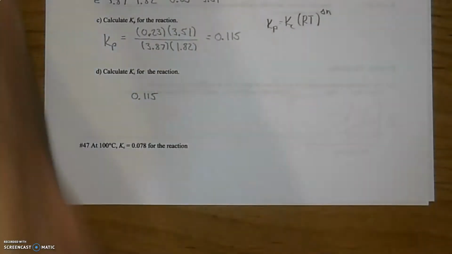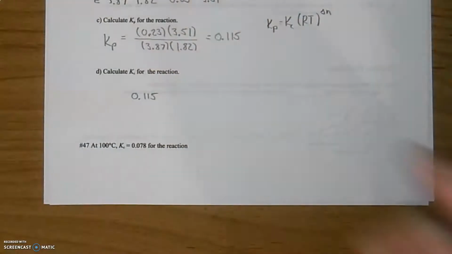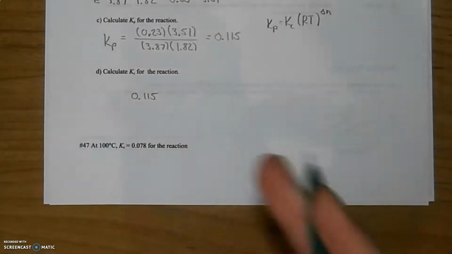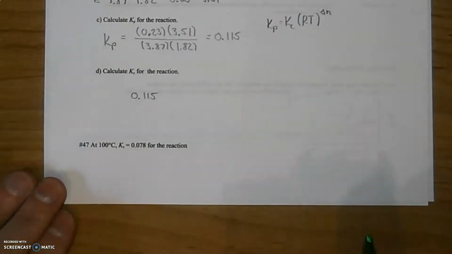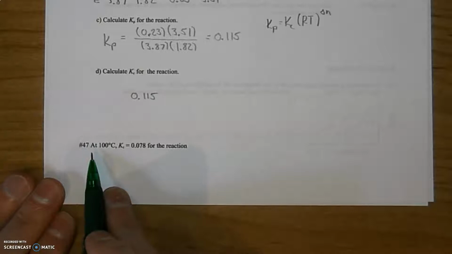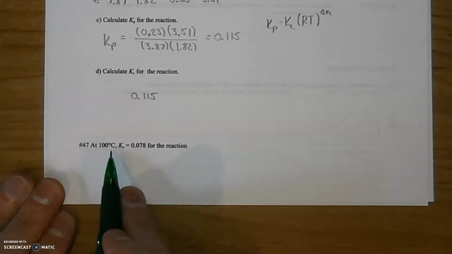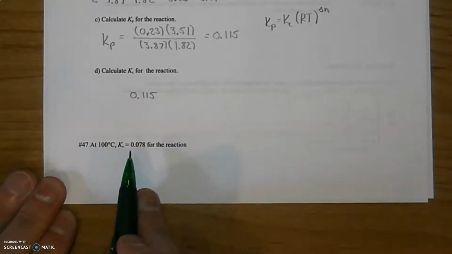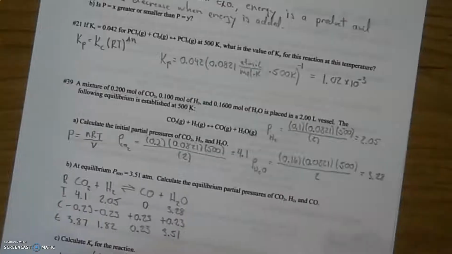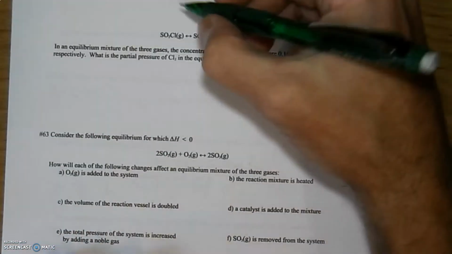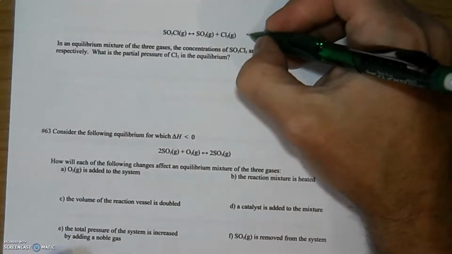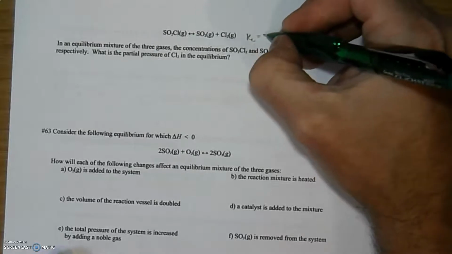47, let's see, do I want to do that one now? Sure, why not? My notes are a little wonky here. It actually continues over on the other side, but I'll at least mention it here. At 100 degrees Celsius, Kc is 0.078. So I go over to this one here. There it is, 0.078 is the value. I'll write that over here. Kc is equal to